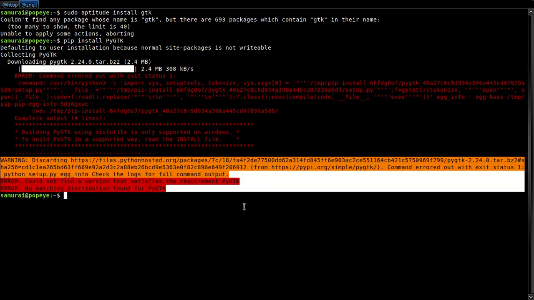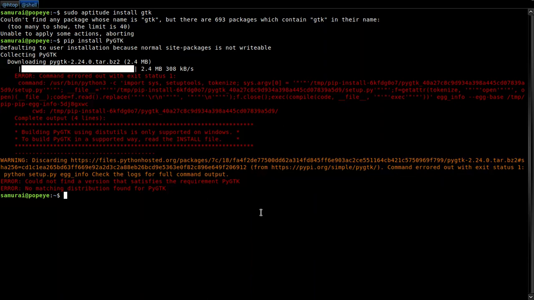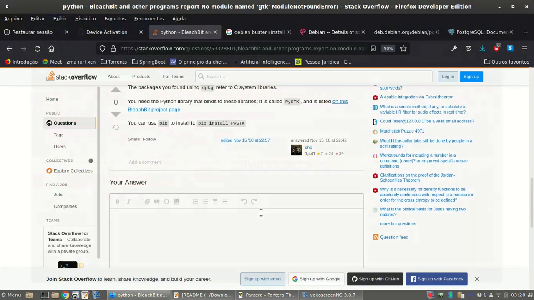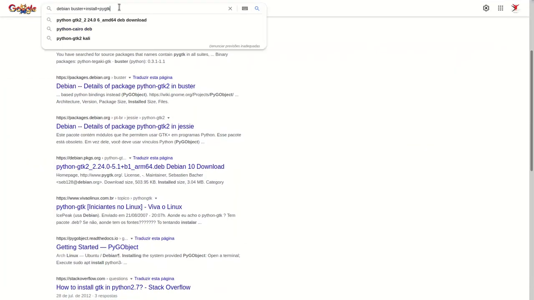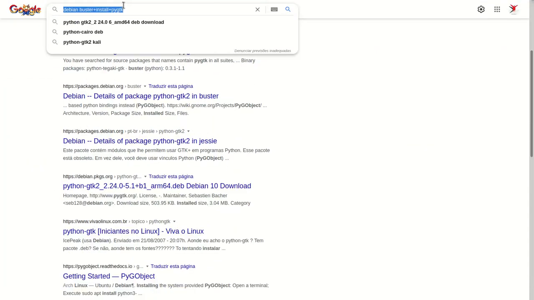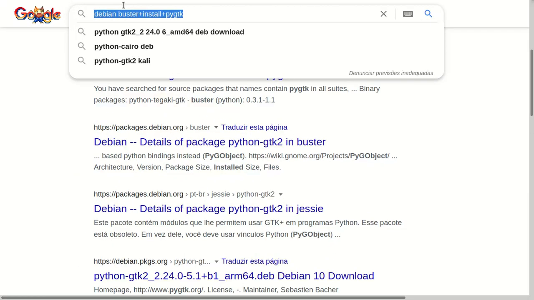Whoa, so what did I do? Let's do it again. So I came here and Googled it: Debian Buster install PyGTK.